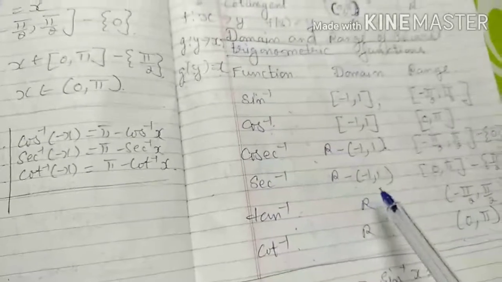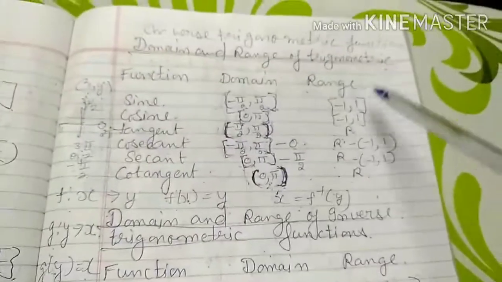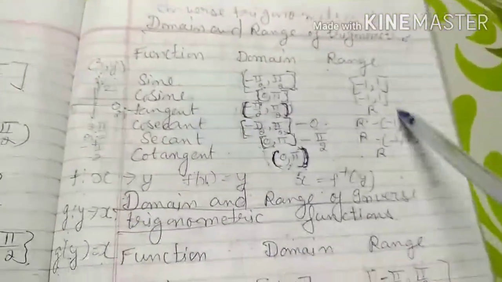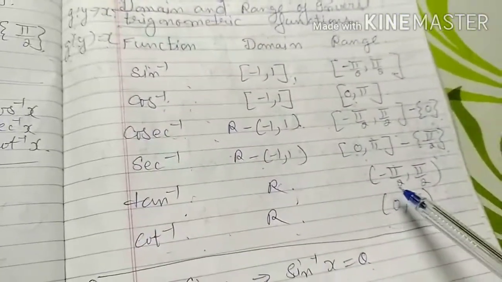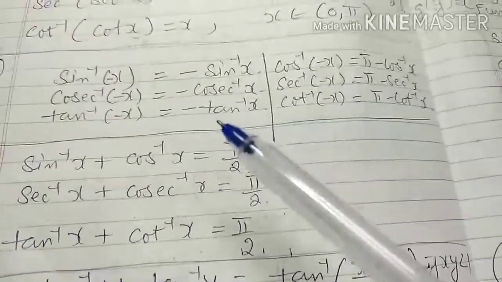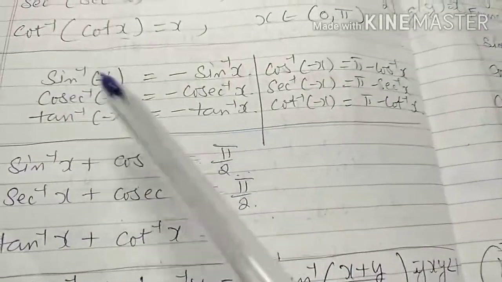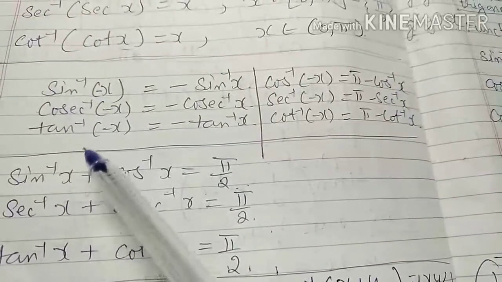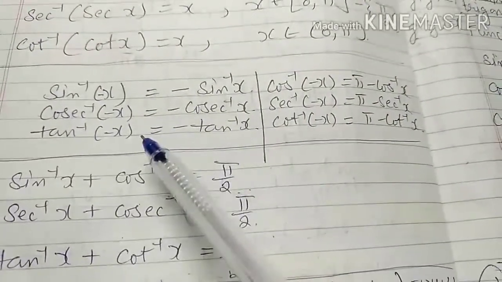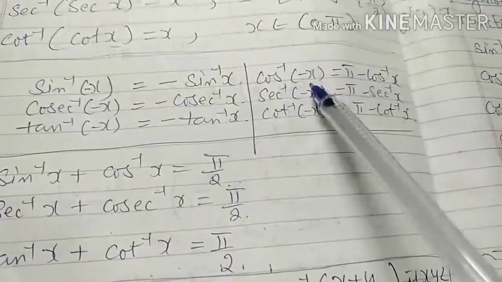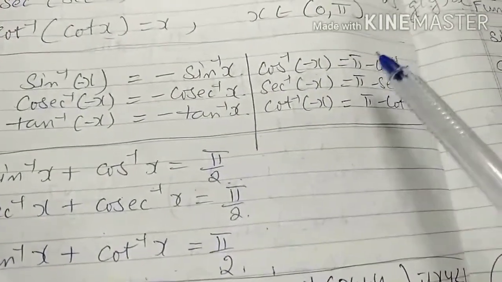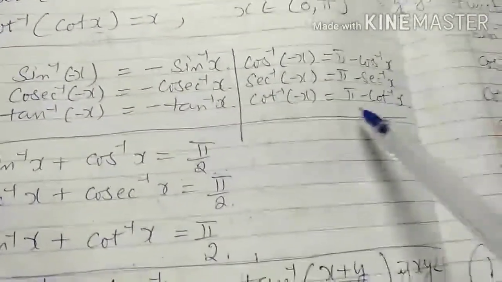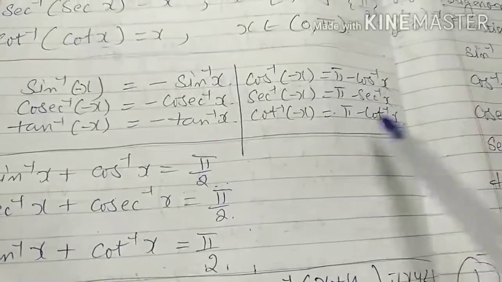And if they ask for the principal value, so this is the principal value of sine, cosine, tangent, and this is the principal value of sin inverse, cos inverse and cosecant inverse. Similarly, we have already done many formulas before. If a negative angle is inside sine, cosecant and tan, you can simply take the negative sign outside, but in the cos, secant and cot case you write pi minus cos inverse x, pi minus secant inverse x, pi minus cot